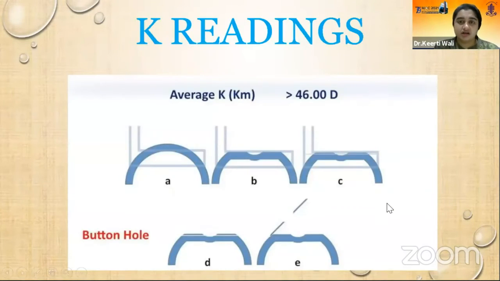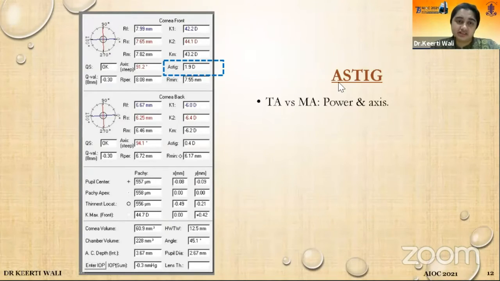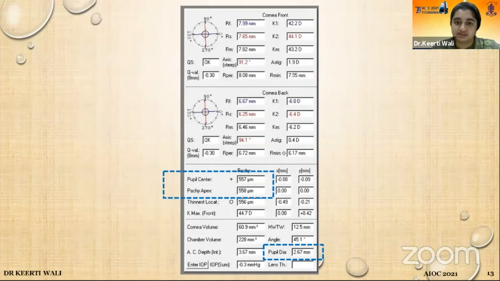Okay, so in the first section, we also see a topographic astigmatism, and we have to correlate it with the manifest astigmatism. If the manifest astigmatism is more than this topographic astigmatism, it indicates there's a lenticular astigmatism, and the patient should be told that this astigmatism is going to remain even after the refractive surgeries.